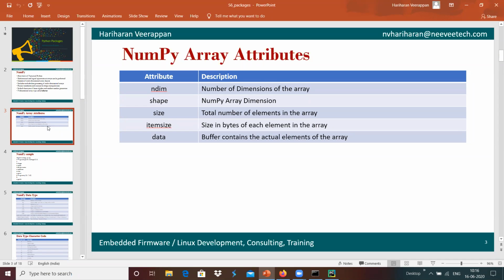And we have size, which provides the total number of elements in the array, and itemsize provides the size in bytes of each element in the array, and data, which provides the actual elements of the array that we can get with the help of data over here.